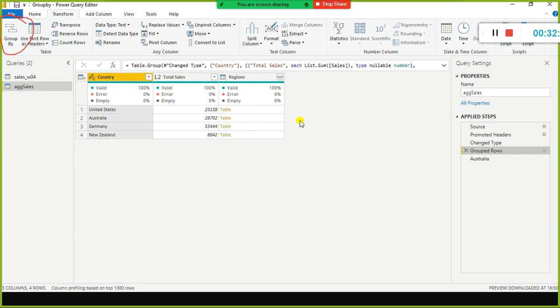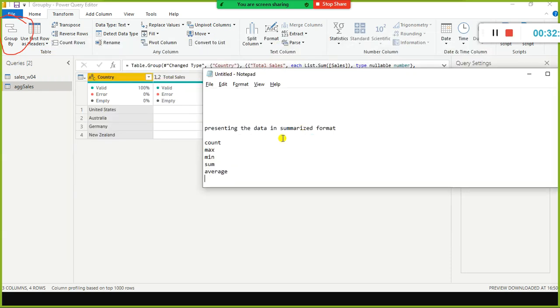Fine. So next, we have something called fuzzy grouping. What is that? Fuzzy grouping is something new for you all. You might have worked in SQL and other programming languages. Here, Power BI uses an artificial intelligence algorithm, a kind of hierarchical clustering algorithm.